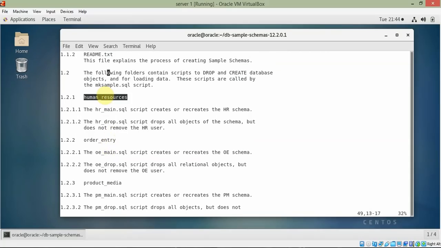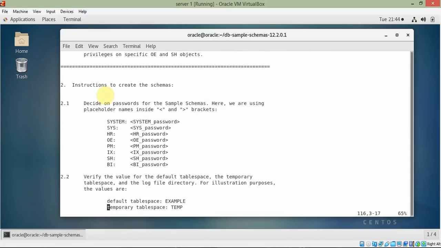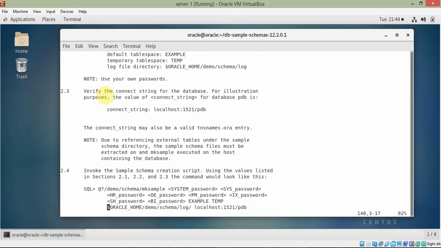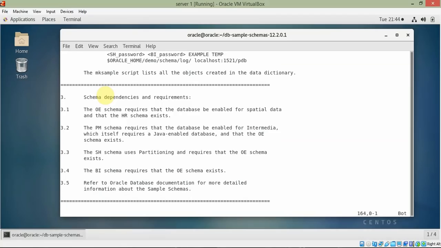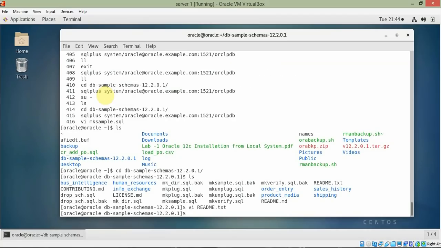This is the complete detail about the sample schemas, and these are required for the training, because we need some sample data, just like the World database in MySQL, remember? Same thing: we have the World database there, and we have sample schemas here.